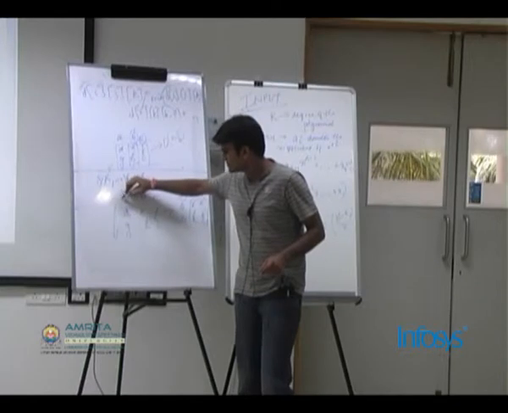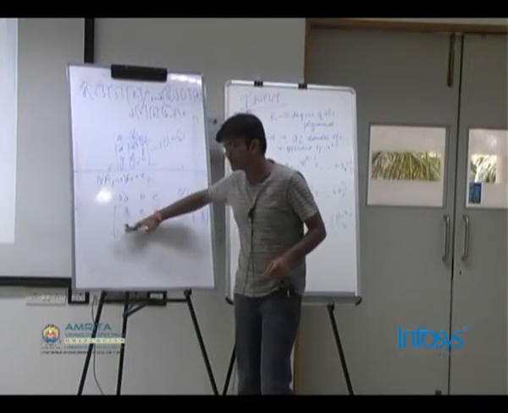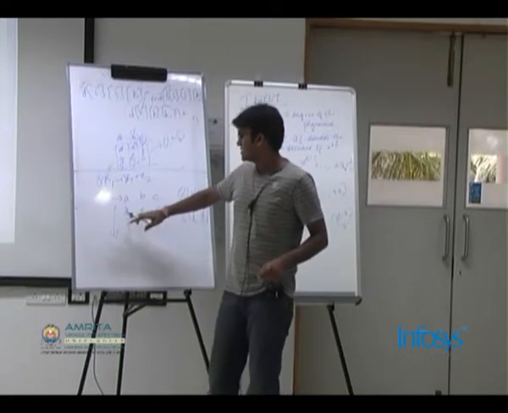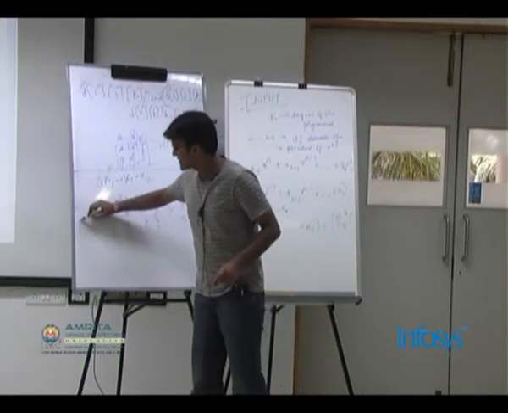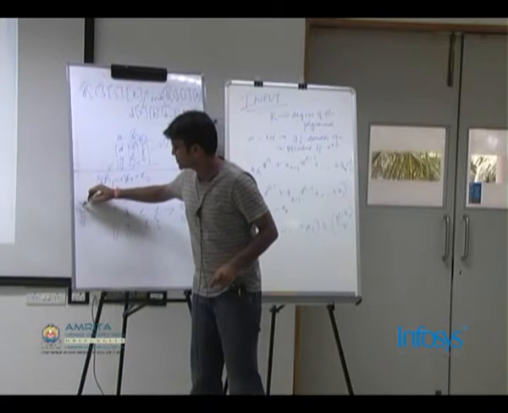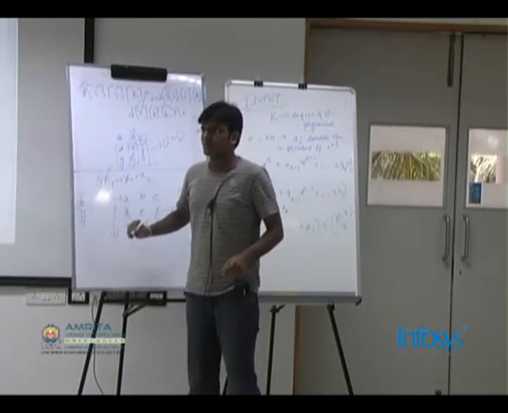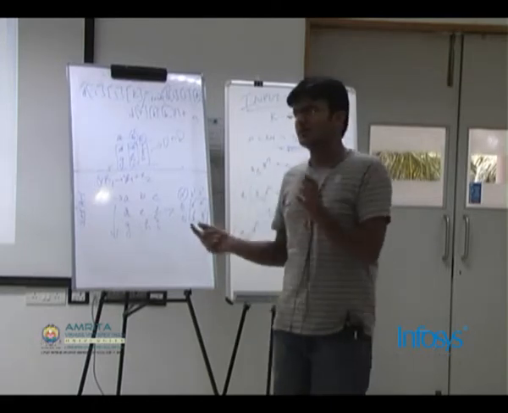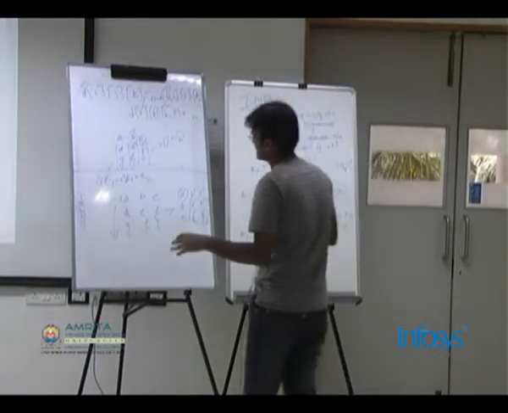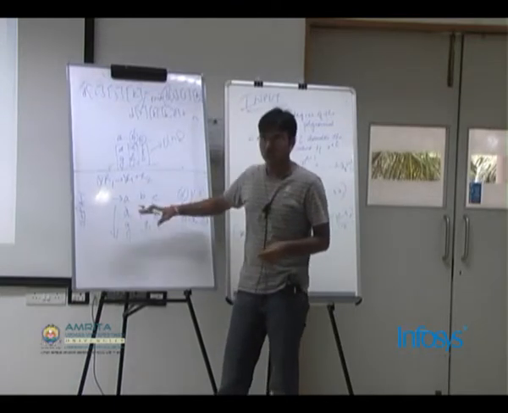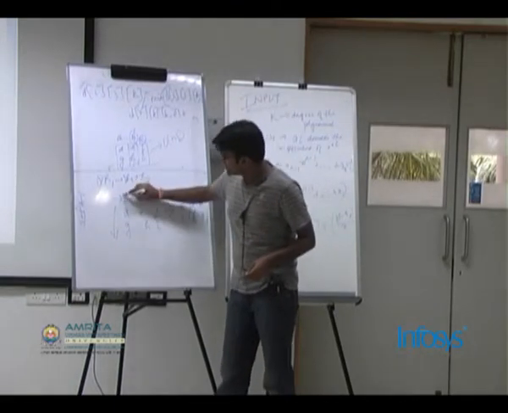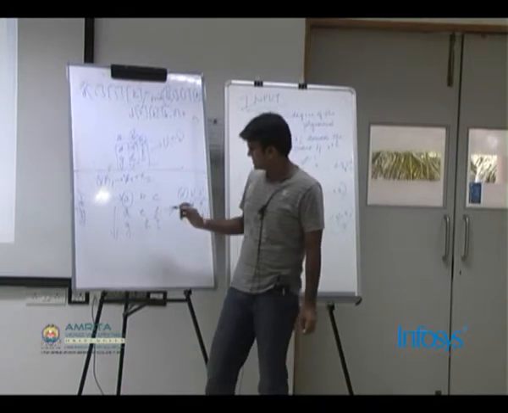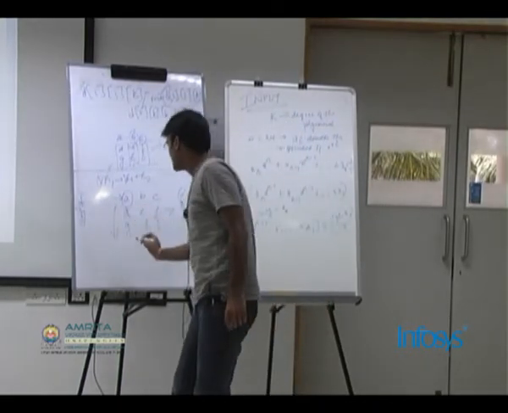If this is 0, we swap this row with a row containing a non-zero element. After swapping, my determinant becomes equal to determinant into minus 1. Whenever you do a swap of rows or columns, your determinant becomes negative. So after you have done that, you are sure that this element is non-zero. Is this fine?